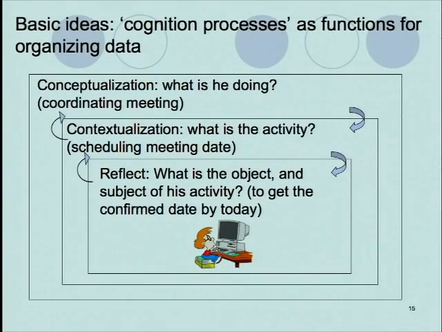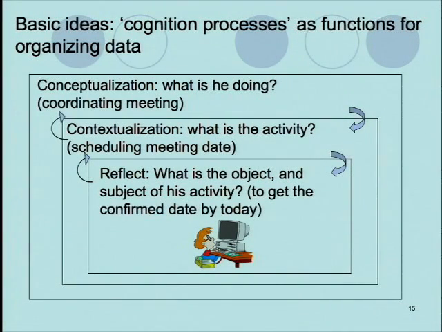Before I introduce the framework, because during the framework I'm going to repeatedly use these basic ideas, the first idea is to use cognition theories. How I use it is that I look into cognition processes as functions for organizing the data. You see here, I put the function in 3 levels to show how from a general abstract idea to a more detailed level, at each cognitive process you're evaluating and returning a value. When I speak about the value, I'm not speaking of numbers per se, but rather,